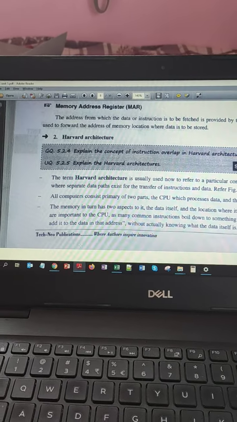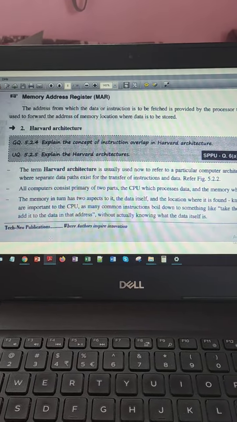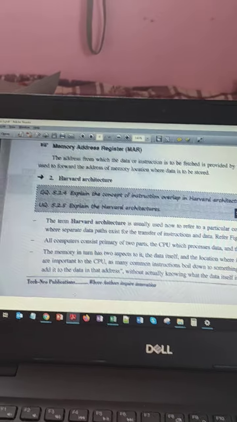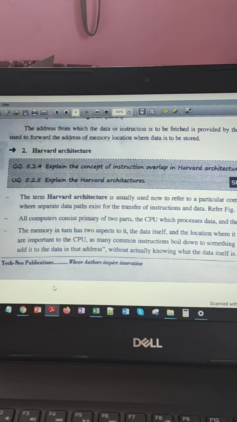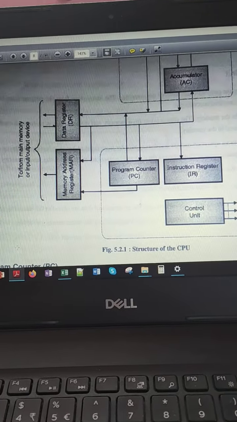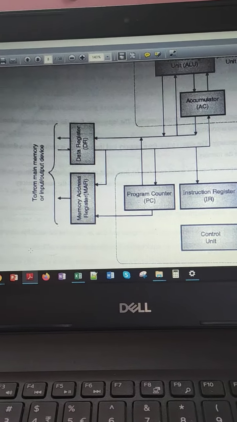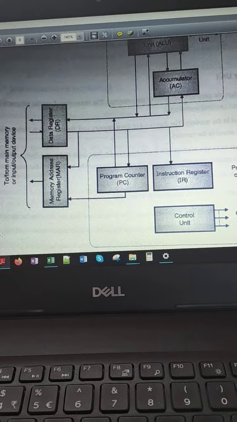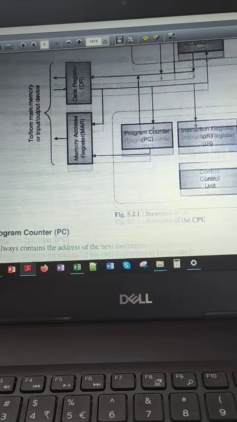So good morning friends. In the last lecture we have seen one architecture of DSP processor, that is nothing but the von Neumann architecture. In that we have seen the architecture block diagram, and this is very important. In that architecture, program memory and data memory are both the same.